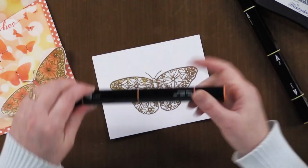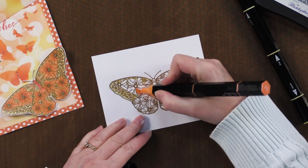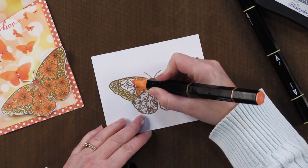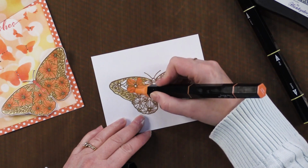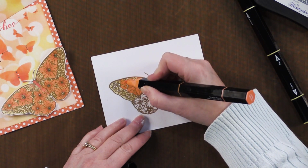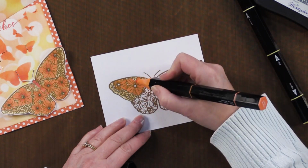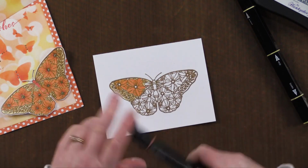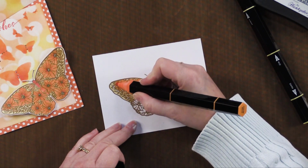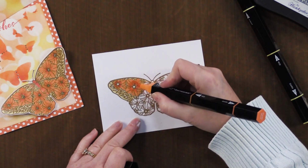So now we're going to do the flowers. For the orange blend, I'm going to start off with the lightest shade, coloring that in. And then I'm going to add some of the darkest color around the center, and then we're going to blend that in. Okay. Now we're going to put some of that dark, it's almost red, around the center of those flowers. I'm going to go back to that light, and I'm just going to blend that into the rest of the